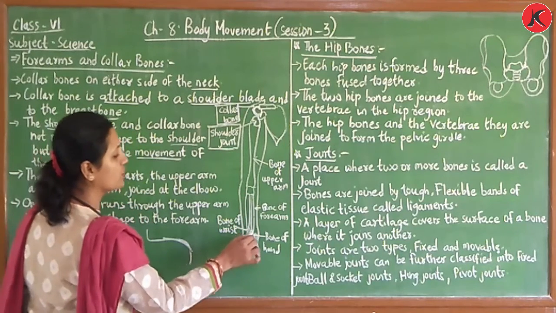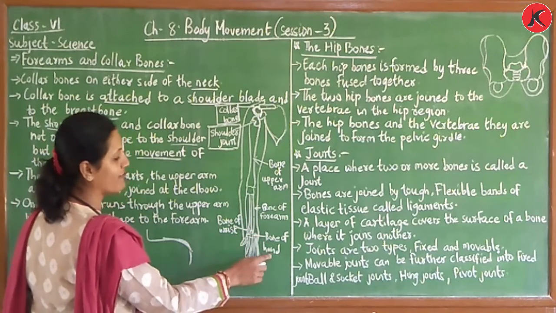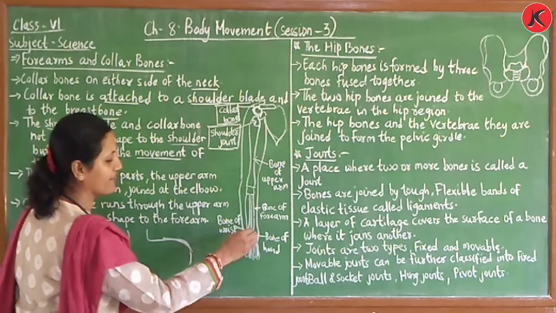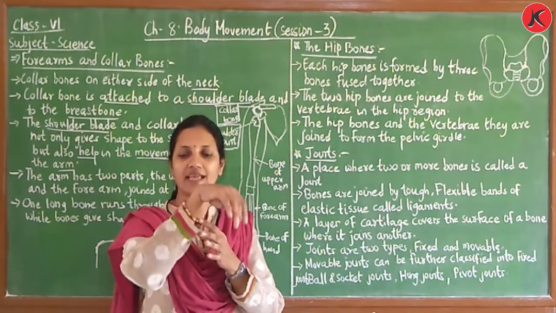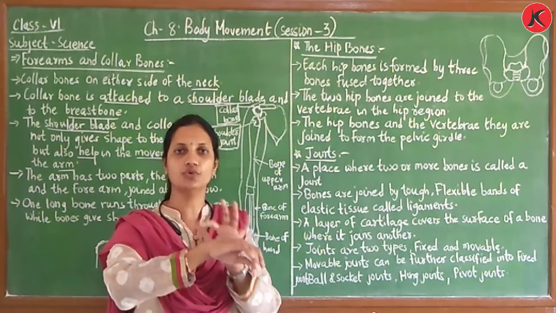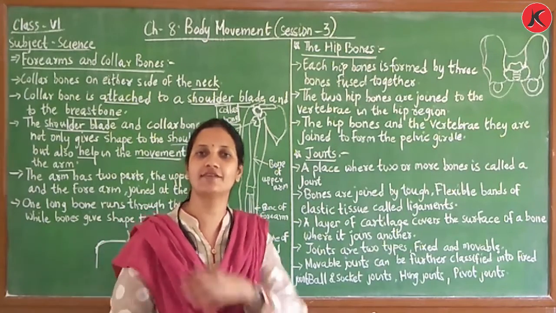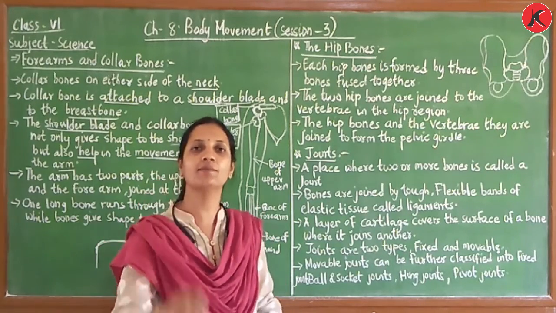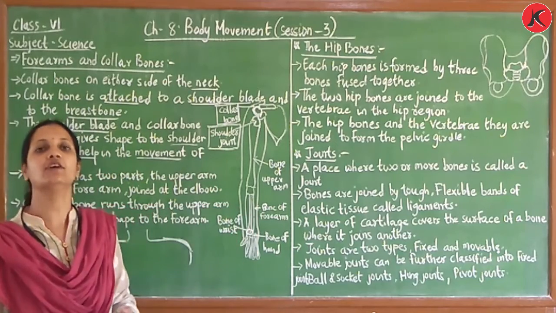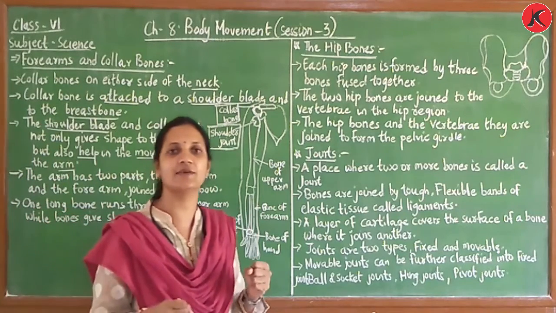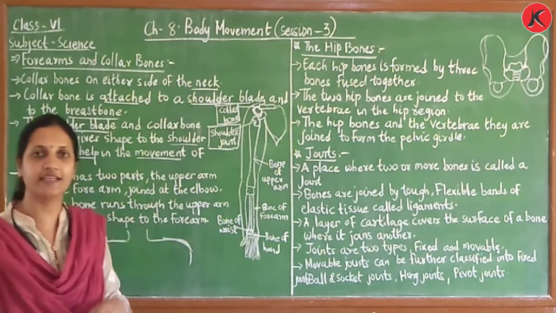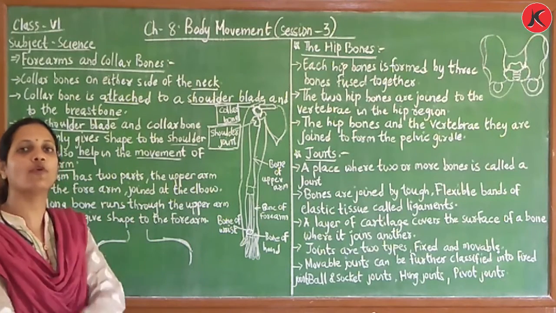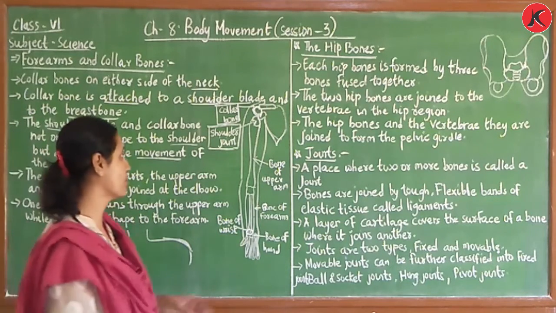Here, children, you have the small bones of the hand and here we have the wrist bone, right children? So we have 1, 2, 3 and 4 folds in our hands. We can move our hands, we can write, we can hold things easily, we can move our hands up and down, left and right with the help of forearms and collar bones.